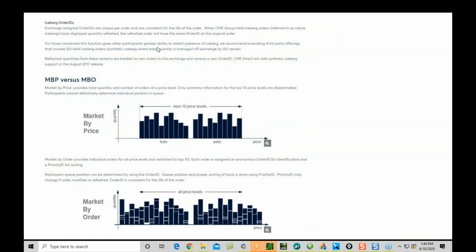So this, again, you can find all this stuff on the website. It talks about icebergs: exchange assigned order IDs are unique per order and consistent for the life of the order. So when they refresh, the same order ID is the original order. So what that means is,